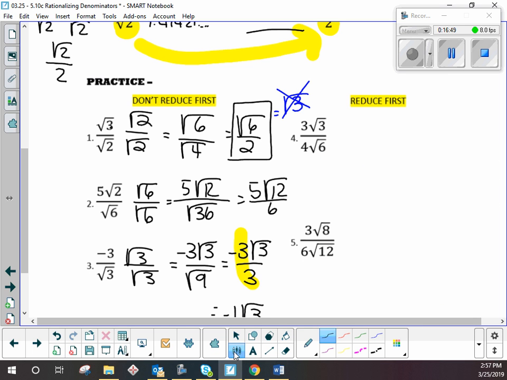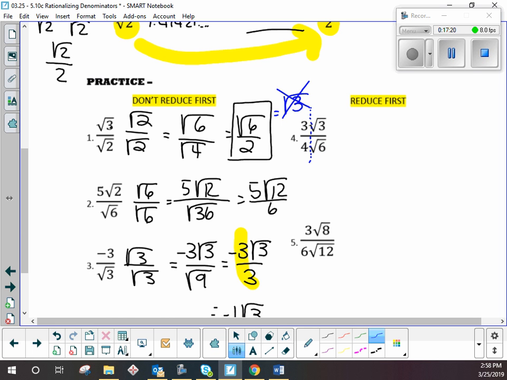All right, so when I say reduce first, what I mean is think of reduce wherever you can. You can think about this kind of like we did last week when we were multiplying. I said multiply the numbers on the outside, multiply the numbers on the inside. Well, now we're just dividing the numbers on the outside, dividing the numbers on the inside. We're seeing a fraction on the outside, fraction on the inside. So I'm going to just draw this dotted line right here so we can sort of separate it a little bit. If you're looking at the numbers on the outside, 3 over 4,